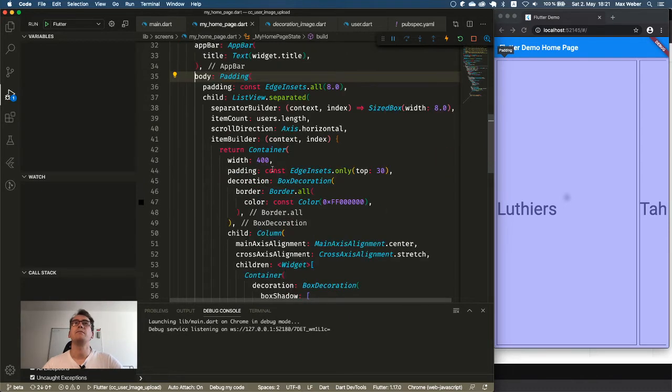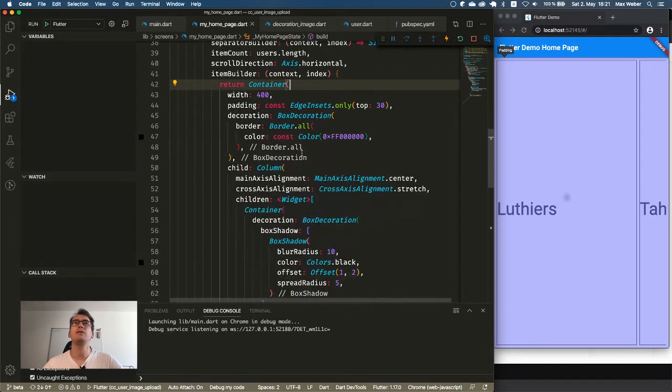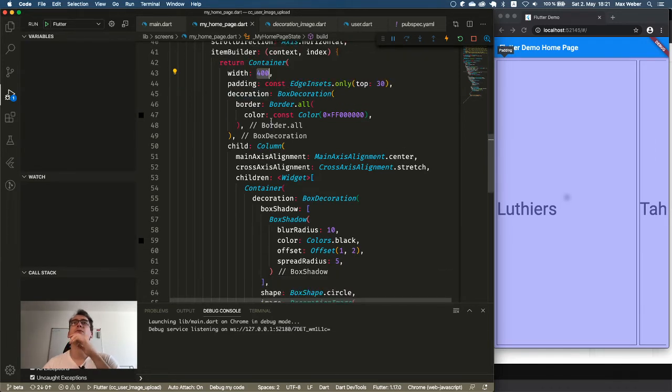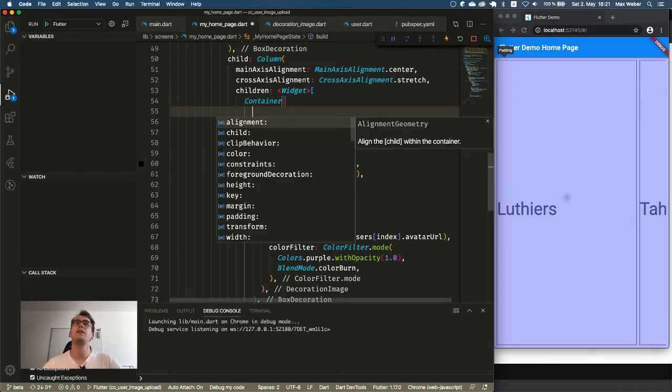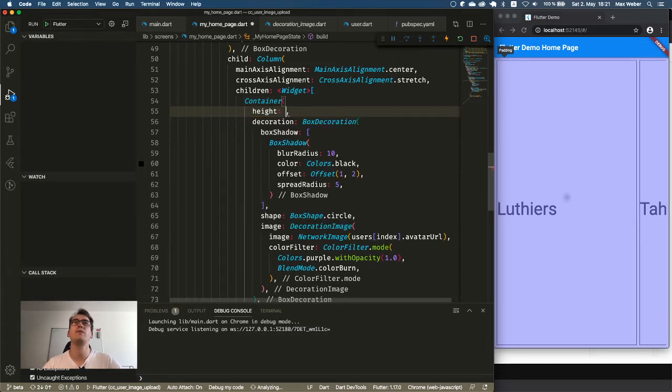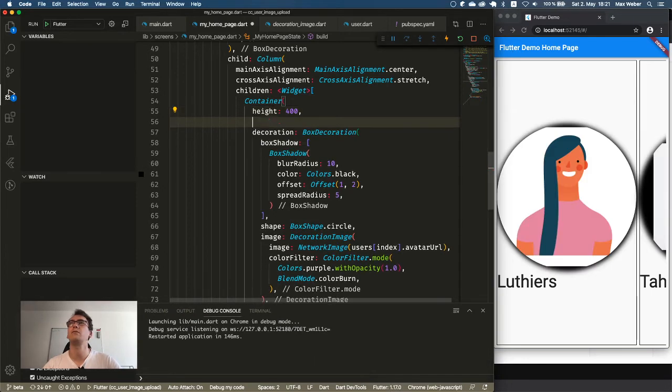All right. But for the container, what we can do, where I am, yeah, here. So for this container, it has a height of 400. And what is wrong with that one? We could give that a specific height and width for now. So just 400, here we go. 400, want to have that same size. And maybe a bit smaller.